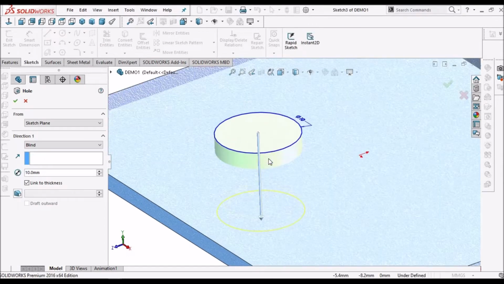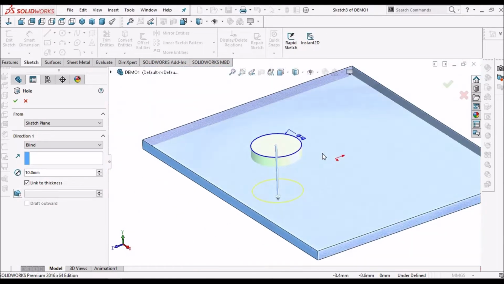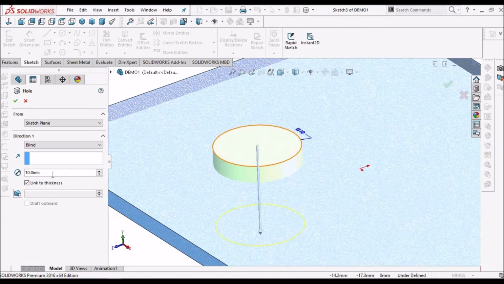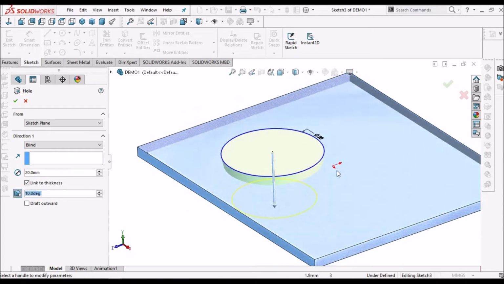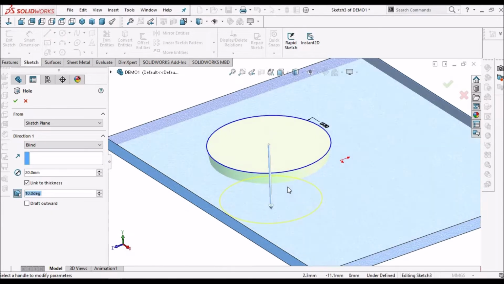So we can change the diameter and we can give the draft. Suppose if I give 10 degrees, you can see the draft inward and outward. That's the difference.